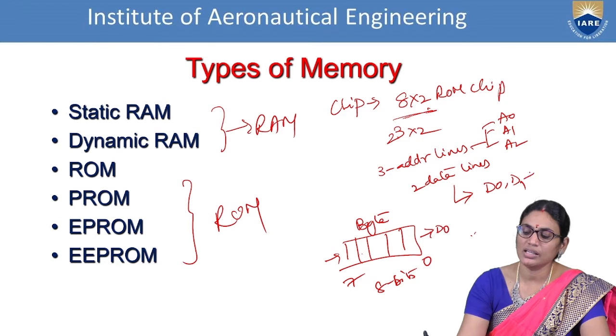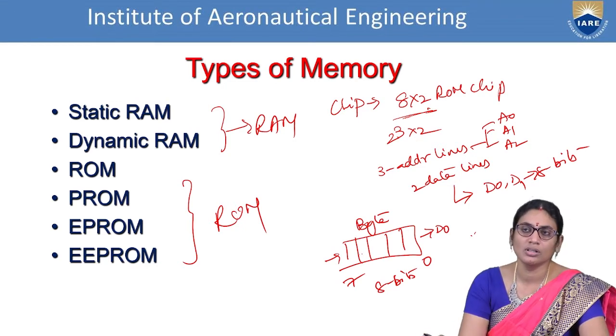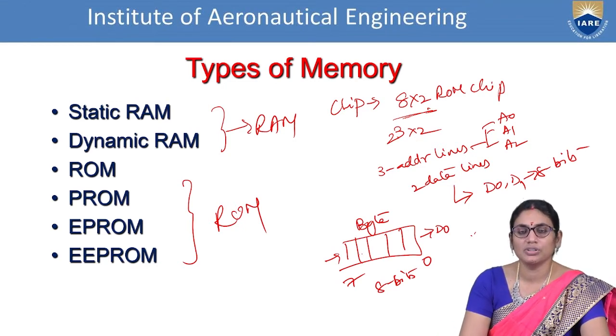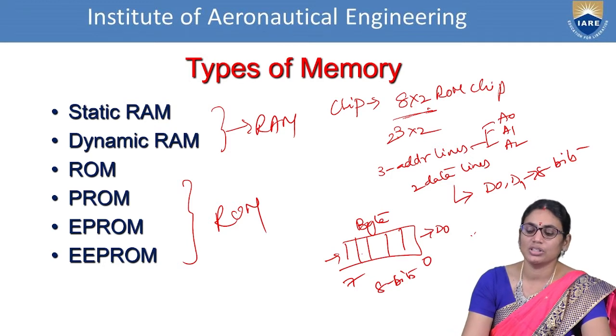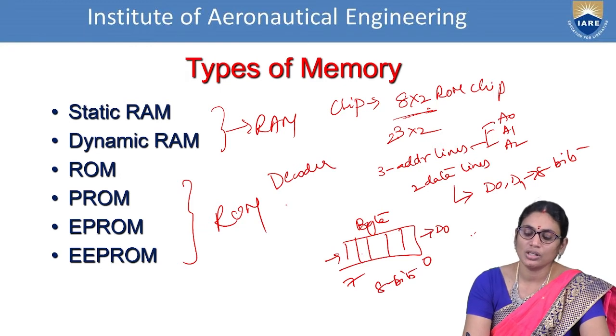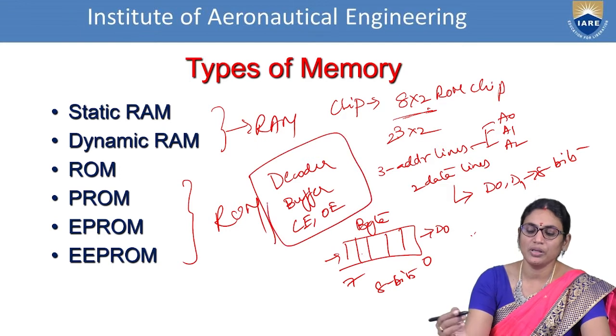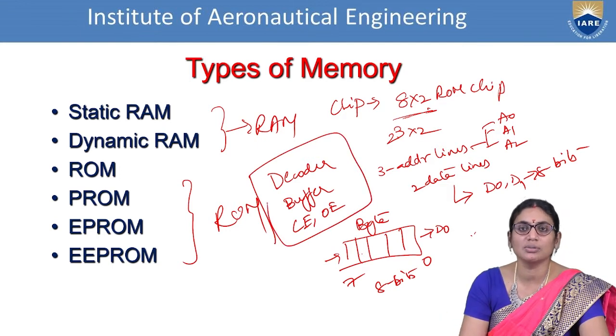D0 as 8 bits and D1 as 8 bits. These are the two basic concerns you have to learn. Now, we are saying that this is a chip. Chip means it is a combinational circuit. Because of this combinational circuit, we need to have inputs and outputs. So in this combinational circuit, we'll be using the context of a decoder and the context of a buffer. We'll also be using special pins called chip enable and output enable. So these are the three basic things which we'll be using. Let us see how the organization is performed.